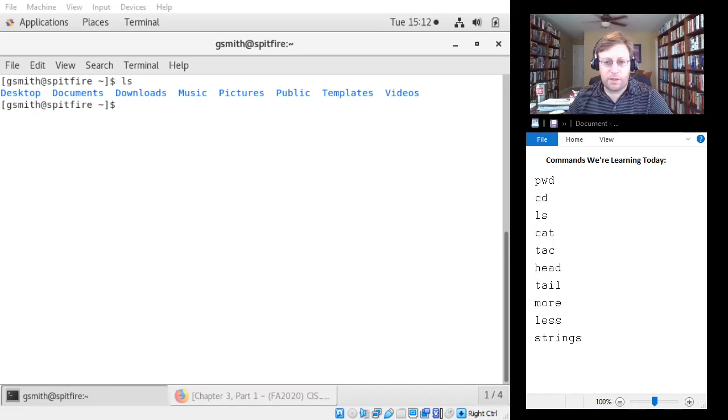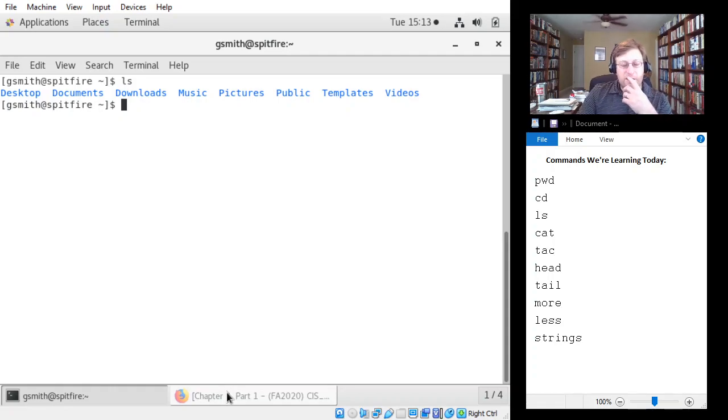All right, everyone, let's go ahead and continue with where we were on Chapter 3. The next thing that we're going to talk about is how to identify files and file types and directories in Linux, and we're going to talk about a couple other options that we have to do things. But one of the things that we're going to be doing for some of the rest of this chapter is messing around with text files, and